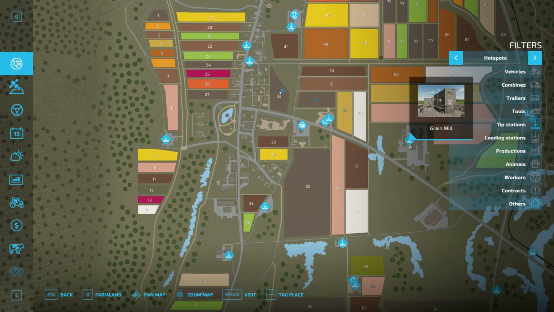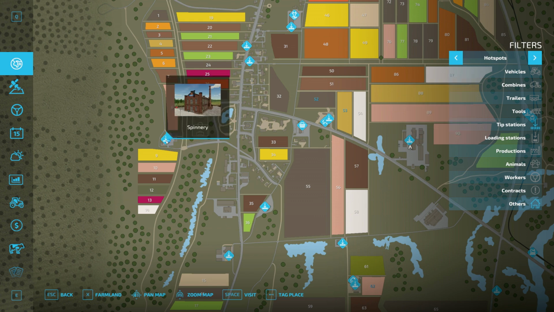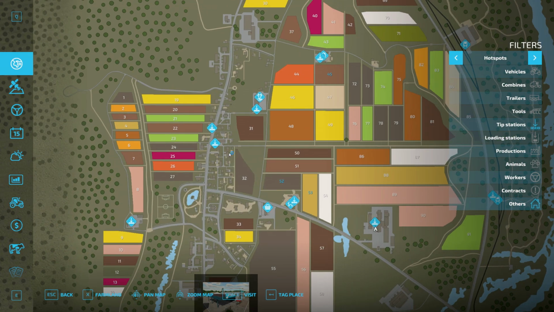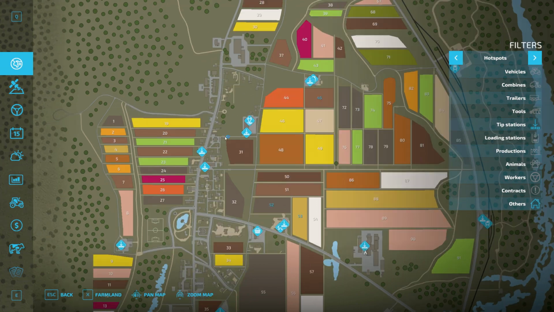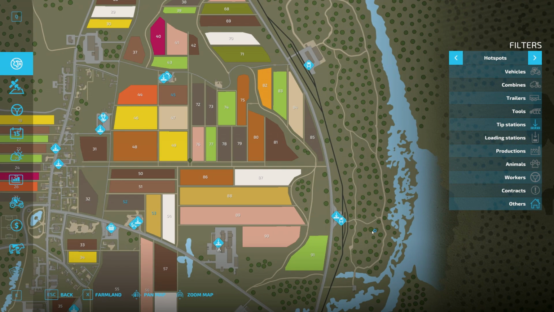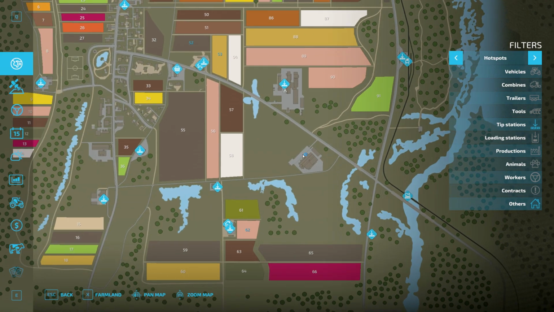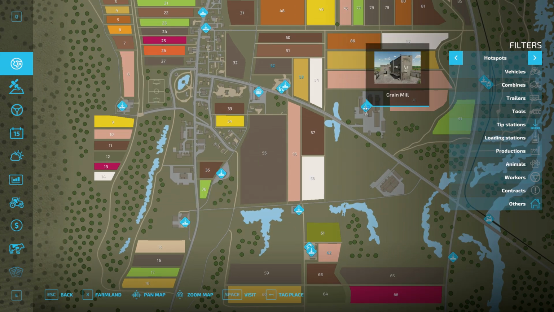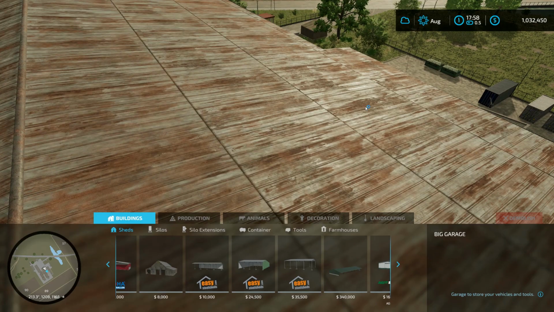And it's actually the same with a couple of other circumstances on the map. So we have a spinnery over here. That spinnery can't make anything, it's just a sell point. We have a dairy down here, and that dairy can't make anything, it's just a sell point. We have a few other miscellaneous sell points, but they're pretty well established to be just sell points, so we'll just leave those alone. We have a biomass heating plant down here, but very importantly are the dairy, the spinnery, and the grain mill. And the reason I bring those up,